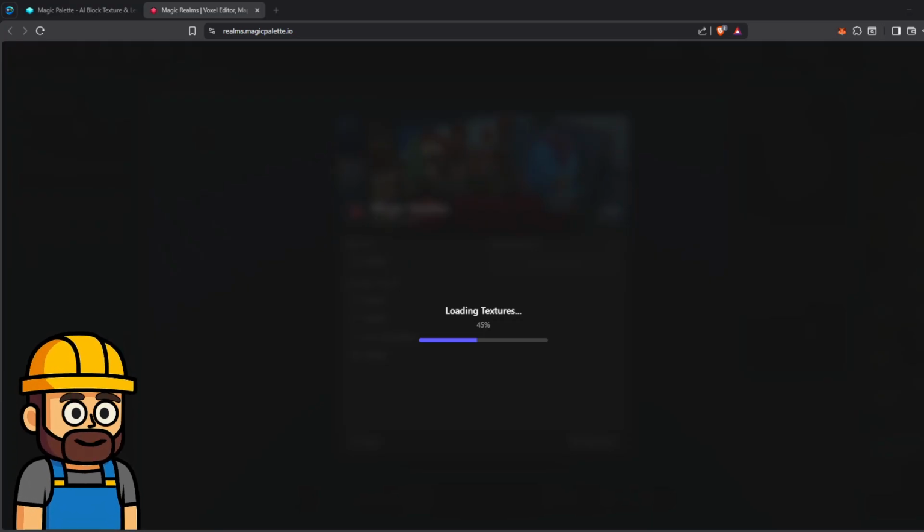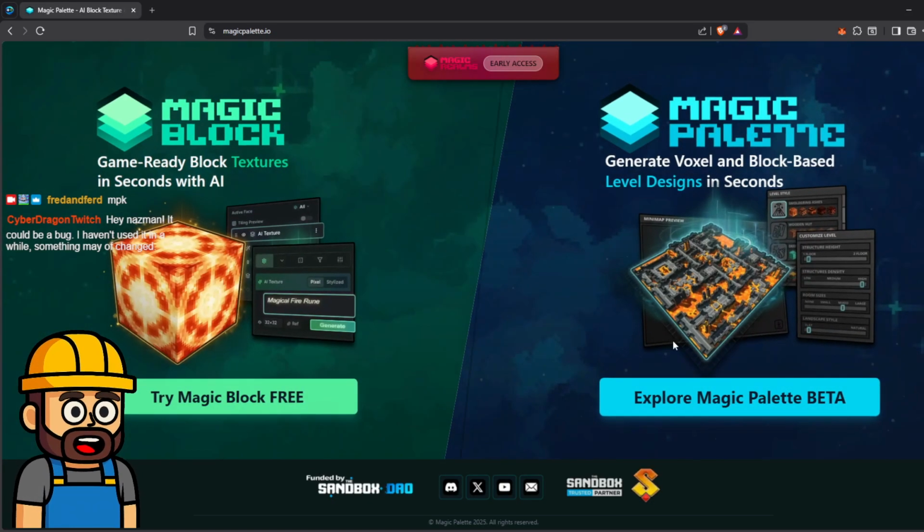It's the MPK. You want the MPK. Yeah, I built Jack and Jill, the whole land with Jack and Jill, in Magic Palette right here